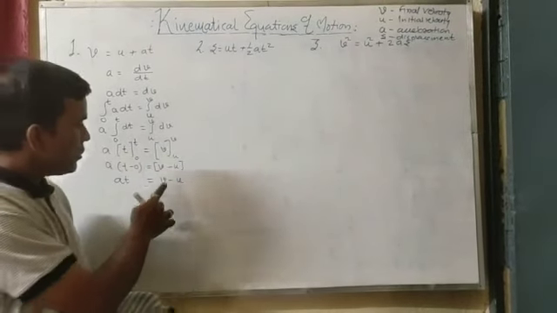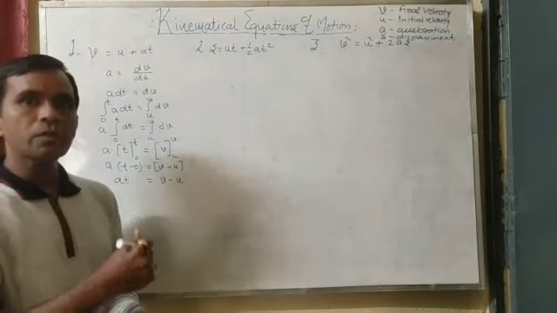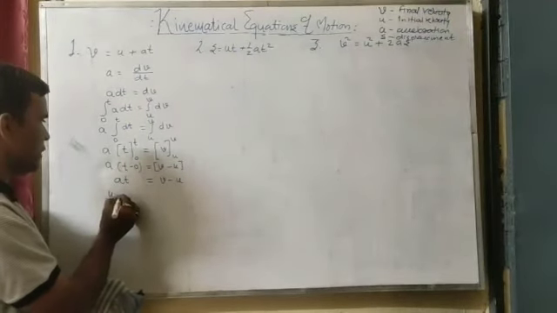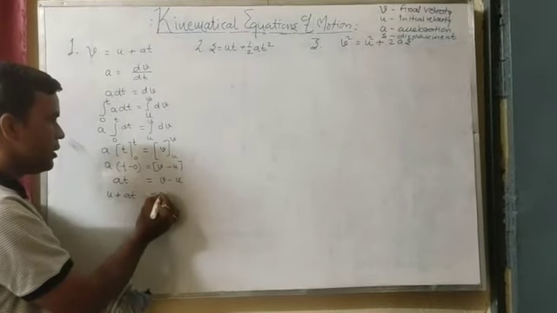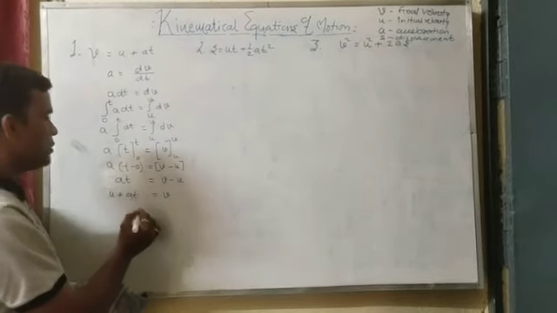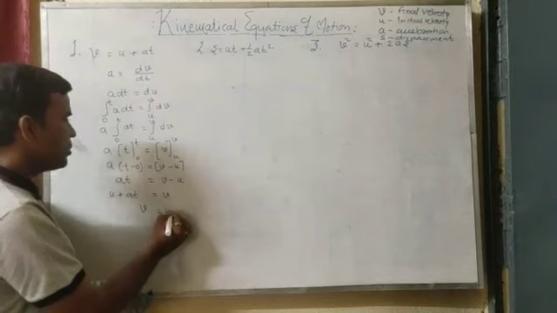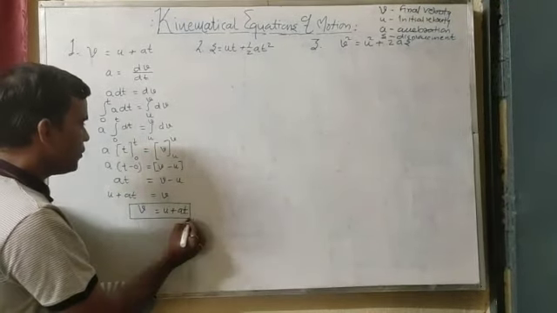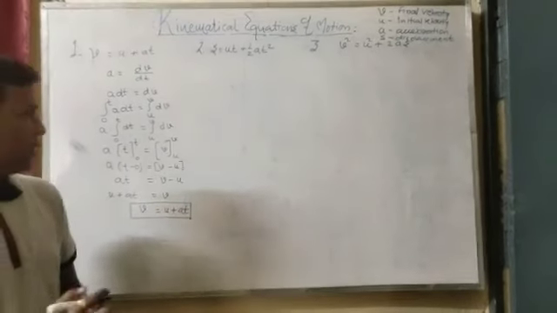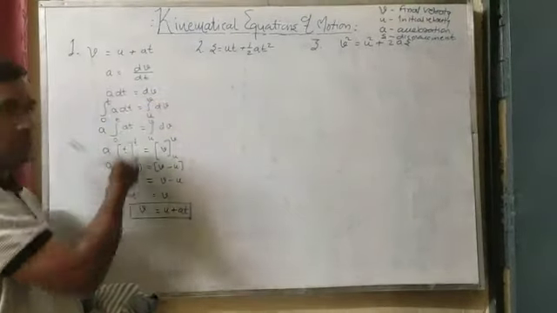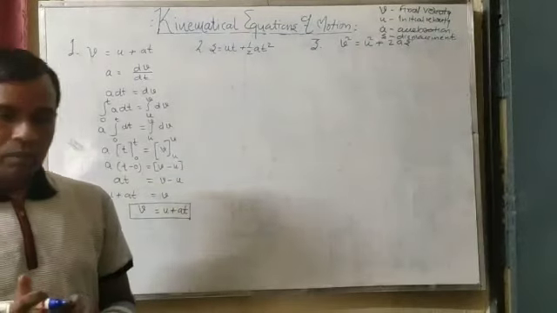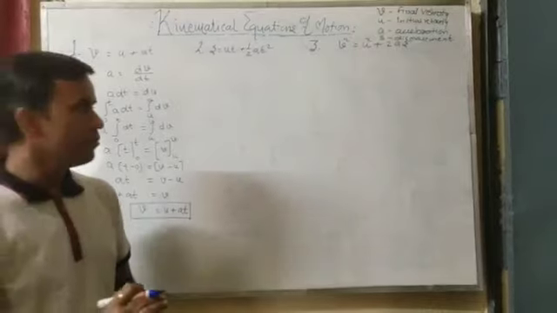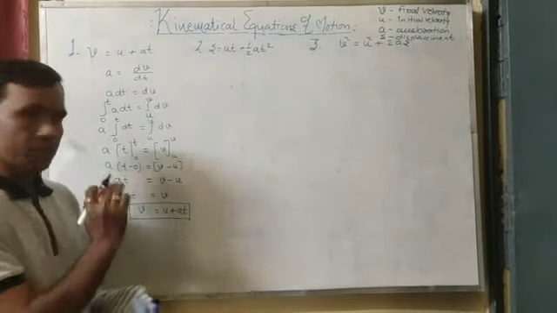Here what we'll do, the negative of the u, which is on the right hand side of the equation, we'll take it on the left hand side. It will become u plus at is equal to v. Just by rearranging the sides, we'll write v is equal to u plus at, and that is the proof of the first kinematical equation of motion, which we derived by using the calculus method. So this is the way the kinematical equation of motion can be proved by using the differential method. So that's it about the first equation.